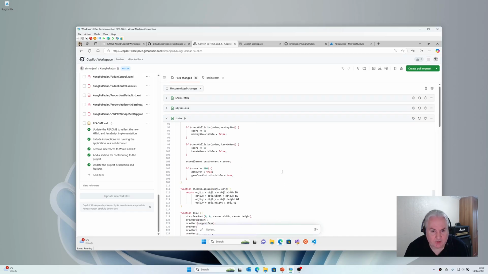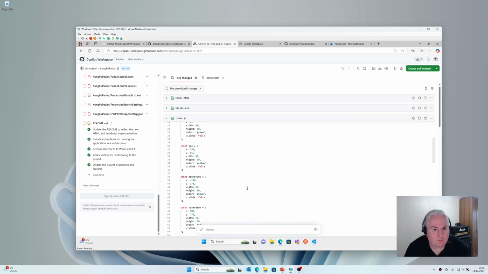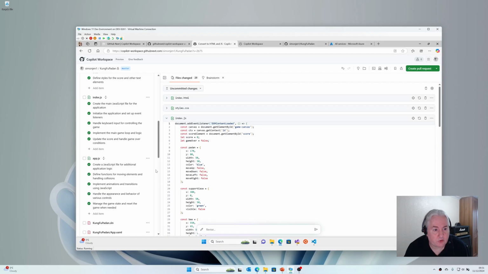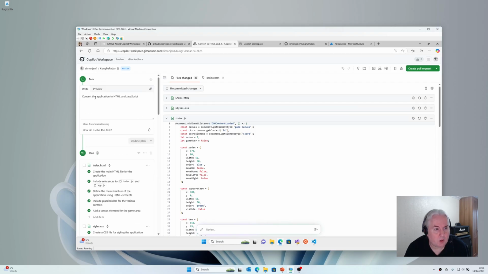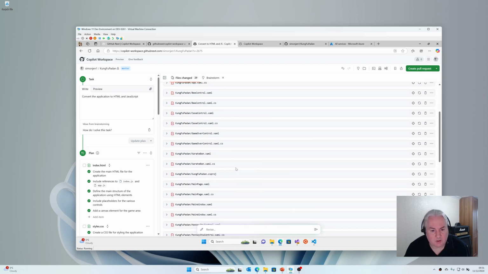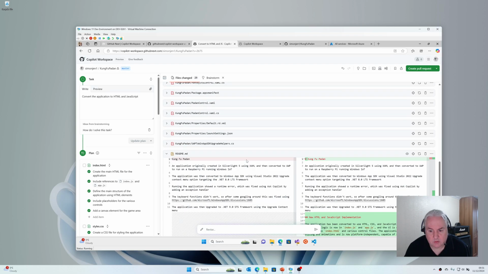So I think this variant is using a canvas control. The one that I'll show you later is slightly different to that, and it was literally just a rewording of this text here, and then it's going to delete the C# files and the XAML files, and then it's